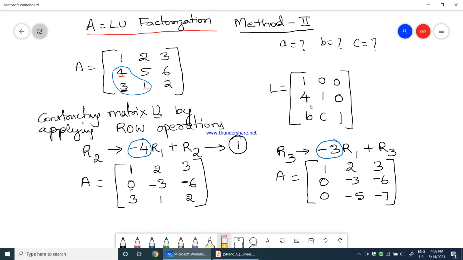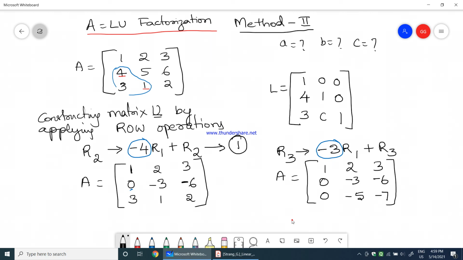Therefore, the second element B in the lower triangular matrix. Why B? Because this is the element we are trying to make 0 in the upper triangular matrix, right? Therefore, that position of the element will be replaced with this factor that we take in the equation. But the polarity will be taken in the opposite way. So here it is -3. Therefore, here it becomes +3. Okay. Now, what is the next entry?